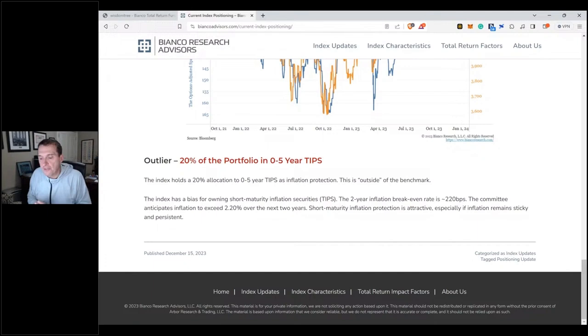What we do have is a 20% positioning in short TIPS, 0 to 5 year TIPS. Remember, a TIP is a Treasury Inflation Protected Security. Basically you get the inflation rate plus a yield on top of that, and that yield is running at around 1.5% or so. So I get the inflation rate plus 1.5%. That is a very attractive sector right now, and so we've got a 20% weighting. In the short end, we didn't want it to be muddled with a long duration bet, which would be whether or not rates are going up or down. We want to try and capture that yield. So that's where we are in terms of our index.